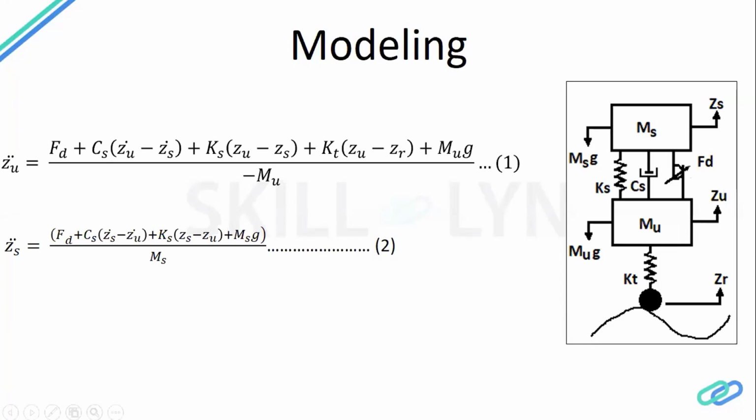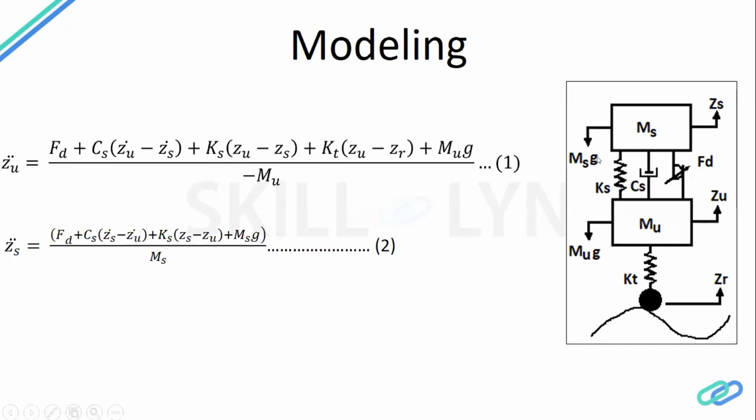For example, right now our focus is just on the displacement between the sprung and the unsprung mass. So we don't need the friction right now, we can ignore that. We can ignore the damping coefficient from the tire, and accordingly we have modeled this. So the equation of motion will look something like this. And how we derive it is just Newton's law of motion.